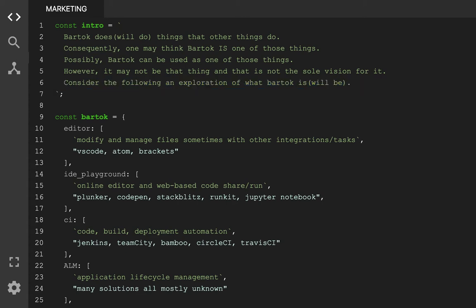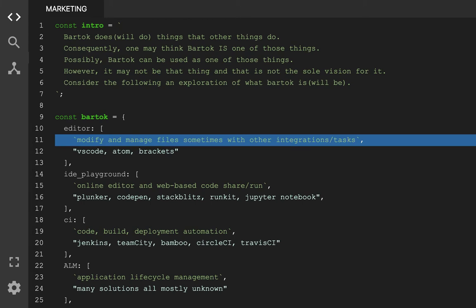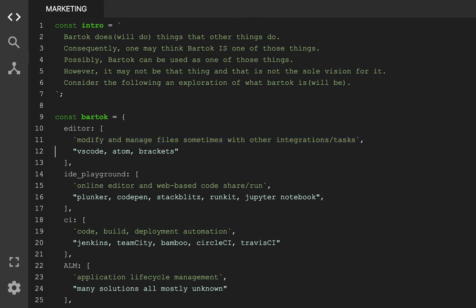All right, so on first blush, someone could look at Bartok and say, oh, well, it's basically like someone's cloning VS Code or Atom or whatever. Editors typically allow you to change files, save files, and they have syntax highlighting. And if you look at any particular UI, you could just be like, oh, yeah, that's obviously an editor. Bartok is not one of those. It copies off of those, but it's not exactly one of those. That's not what the whole entire vision is.